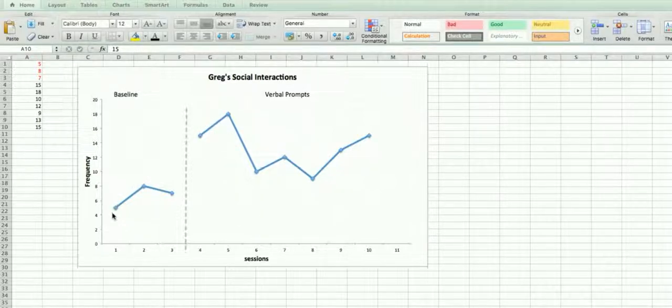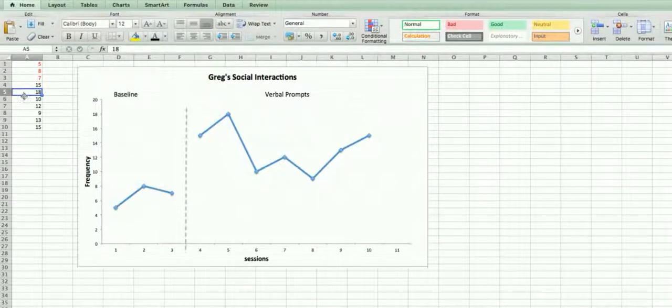In this graph, I have 1, 2, 3 baseline, 1, 2, 3, 4, 5, 6, 7 intervention data. So once you have your own data, you can just enter your baseline data here, row 1, 2, 3, which I highlight in red. And then after you collect intervention data, you can start enter your data from row 4